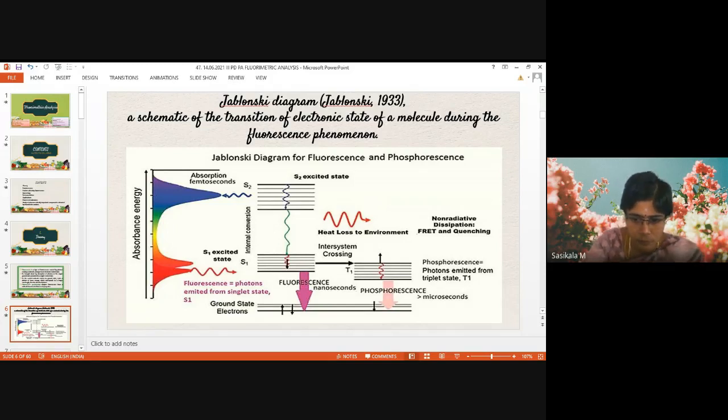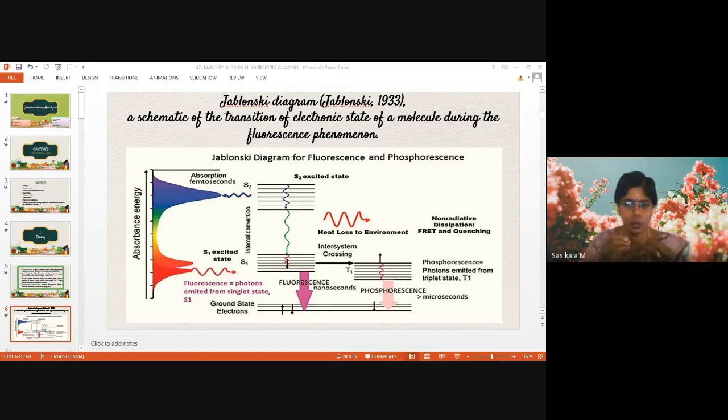Hope you have understood what fluorescence is. It is emission of light. Don't think that we will be analyzing colored solutions like in the colorimetric method. In the fluorimetric method, we use colorless solutions only, since colorless solutions absorb UV radiation and go to the excited state, and while coming to the ground state they emit in the visible region. That is considered fluorescence. It is not the colored solution that is analyzed by fluorimetry.